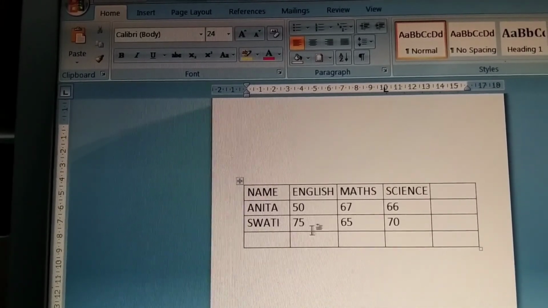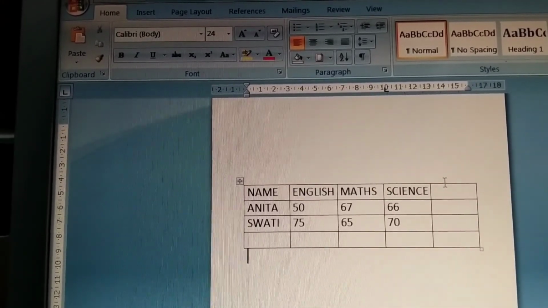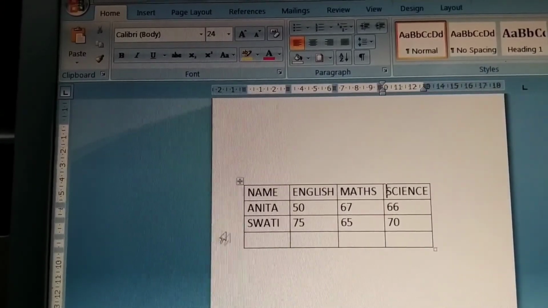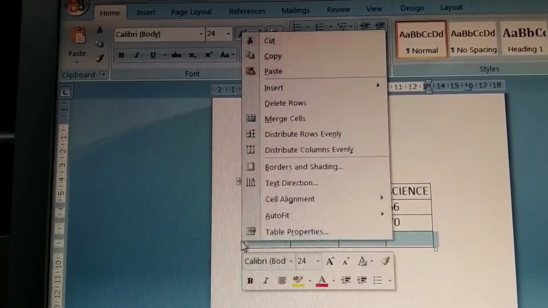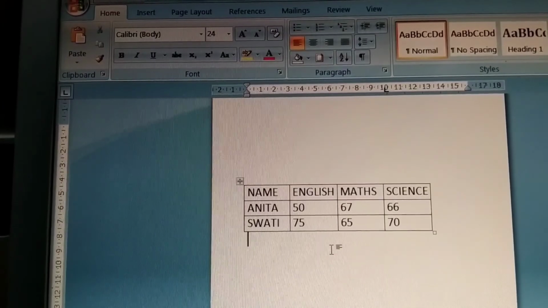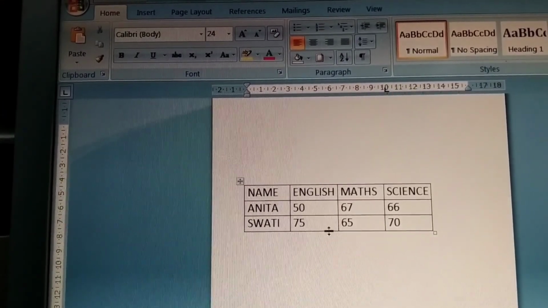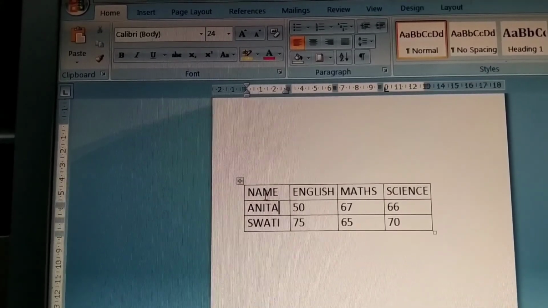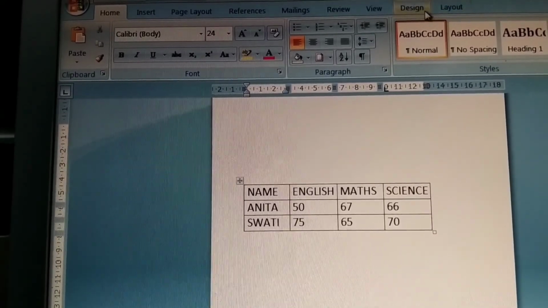Now how to delete any one column or row? See, same, right click and here the Delete option will come. Delete column, or right click and delete rows. Now next option is modifying the table settings. See, till now the View tab was available, but when we click on the table, at that time the Design and Layout tabs are coming, new tabs are coming.